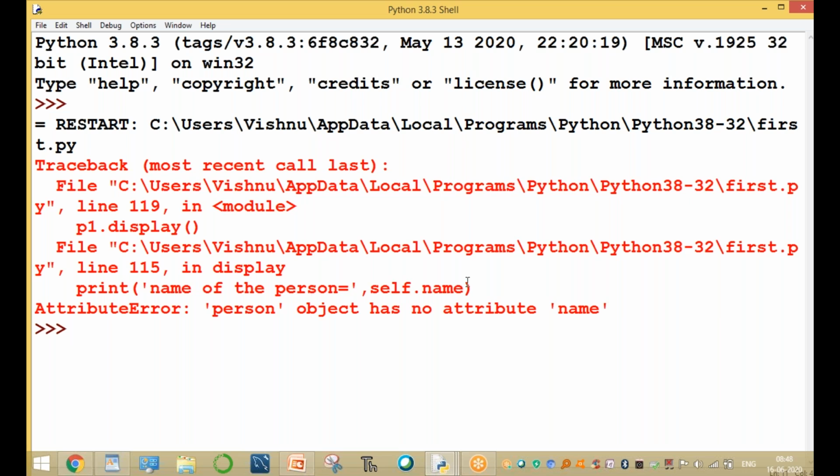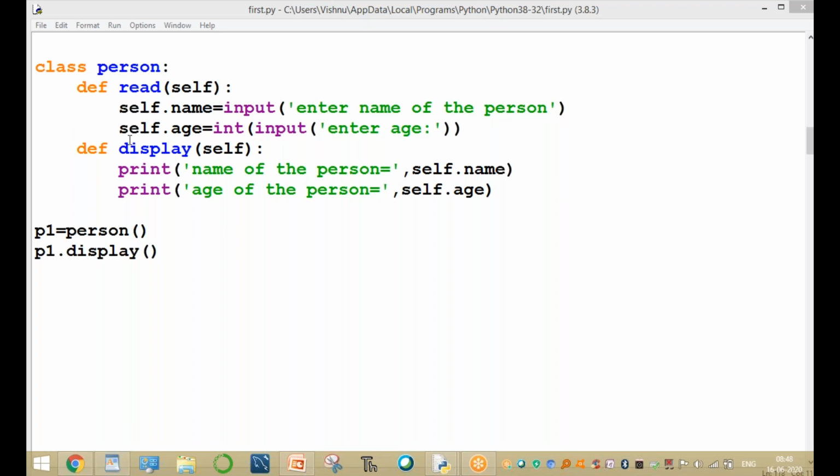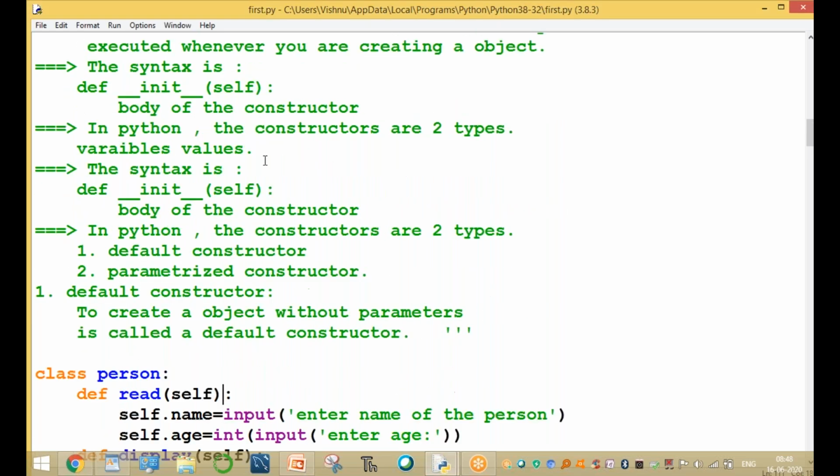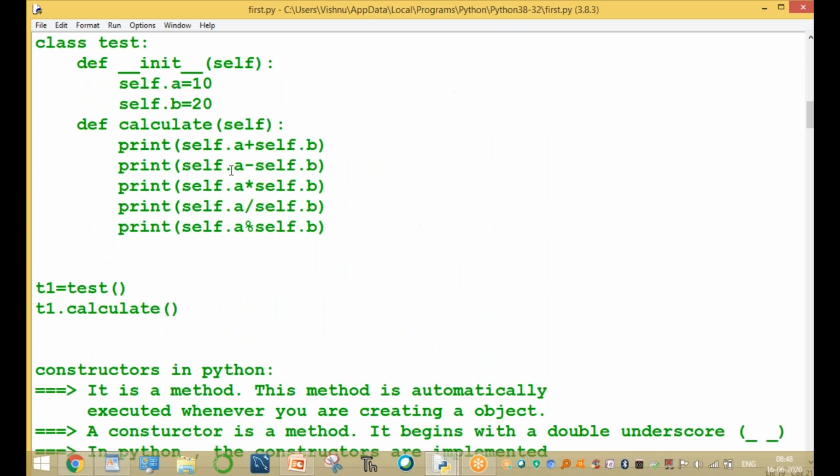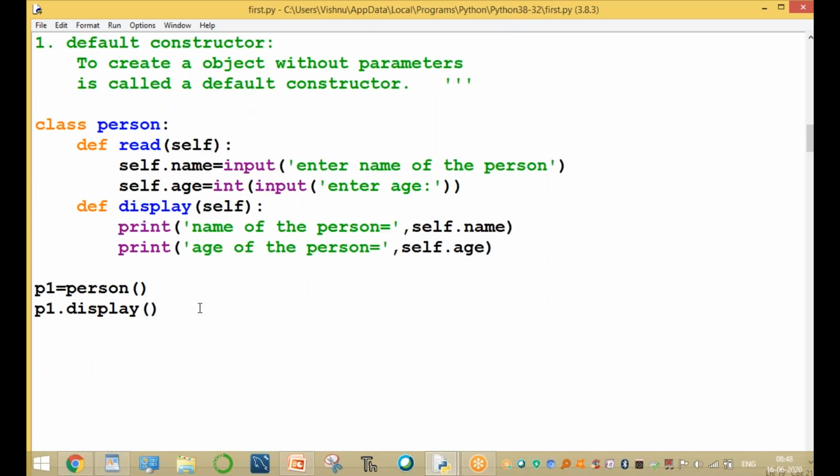Person has no attribute name. Wait one minute. Any mistake?